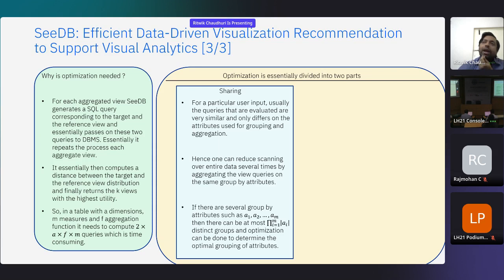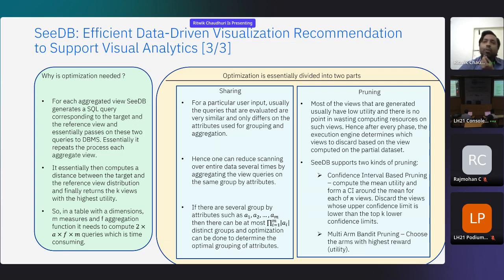Then obviously there are at most the product of the cardinality of each of the group by attributes, that is how many categories they have. These are the maximum number of groups that can get formed, and then optimization can be done to optimally group the attributes to get a particular view, and then find out how the target view is different from the reference view, how the distributional change is there. But obviously, most of them are not going to work, because